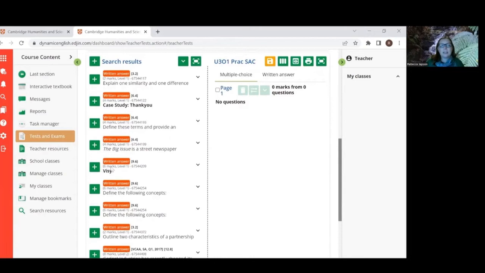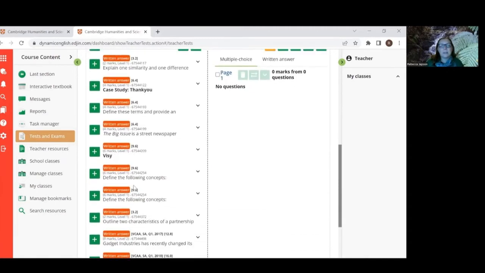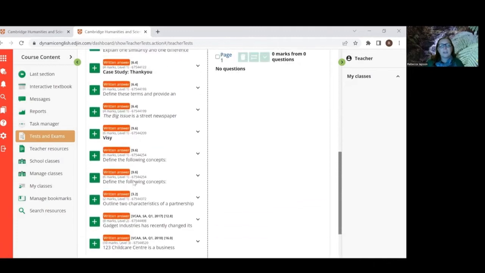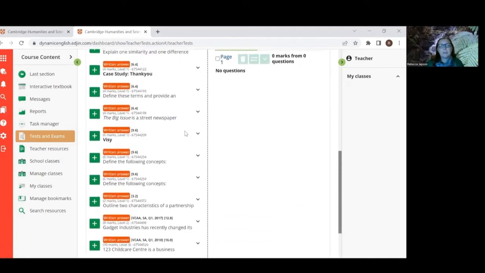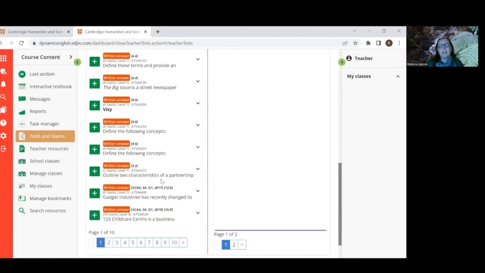Now it shows us here how many marks each question's worth and the level. We can choose level 1 up here for lower level task words, all the way up to 3 for our more difficult level task words. I did keep them all in there though, so we can see all of them. So if we want to see the whole question in full, then we just click on the down arrow and see the whole question. It's also telling us here whether it was a question that appeared in a real VCAA